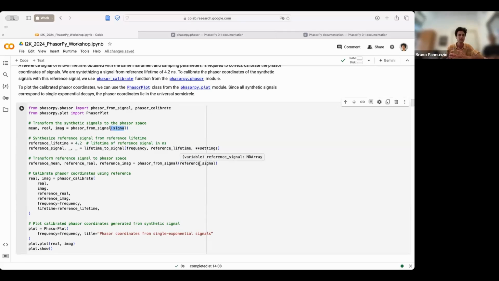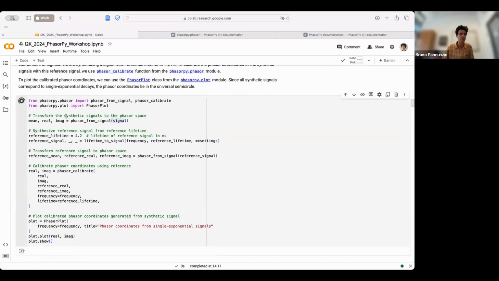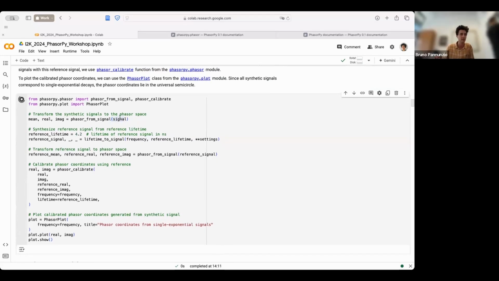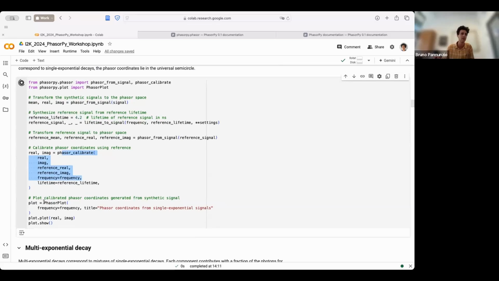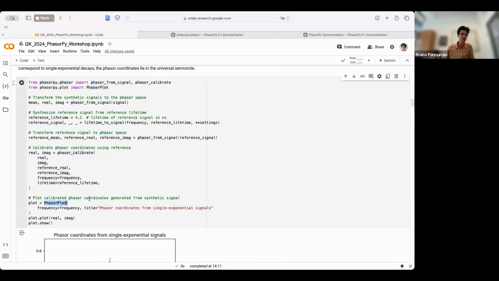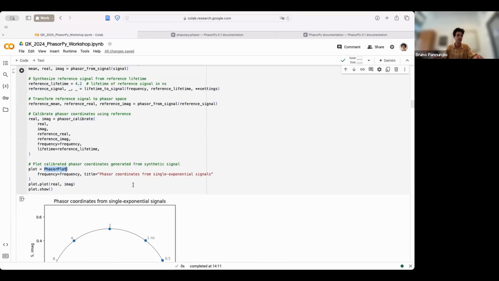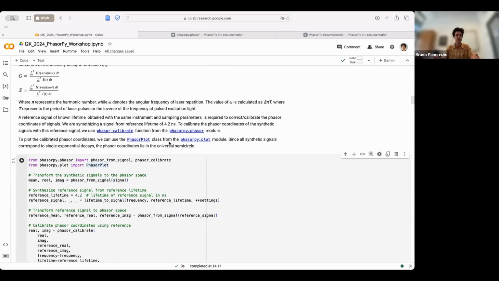I'm not going to go into much detail now because we will see more of this when we analyze a real example image. So we transform this signal, calibrate it, and then we just plot it using the phasor plot class, which is present in the